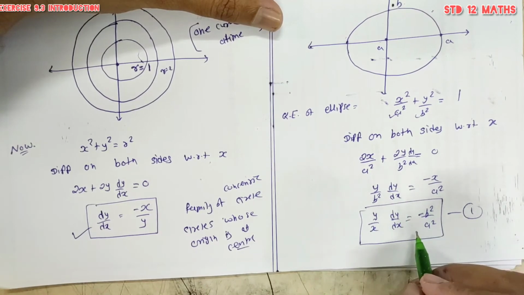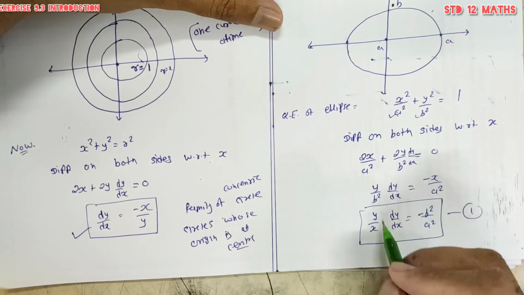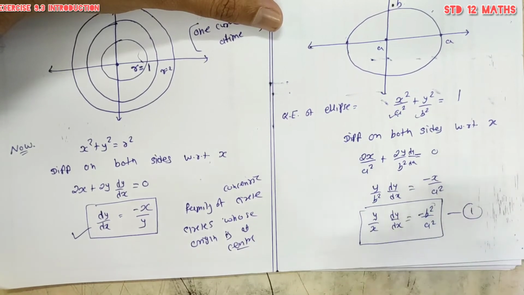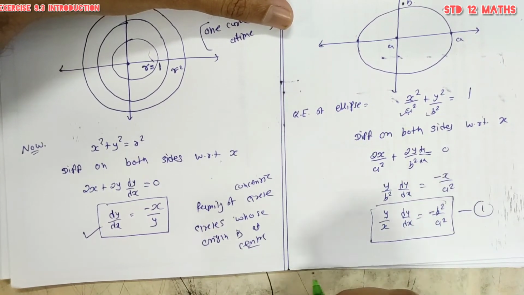Now after simplification, we can say that this is the constant term. So now if we again take the differentiation on both sides, this term will be eliminated, and we are left with only x and y. Done. So now take the second order derivative. What is the second order derivative of this?